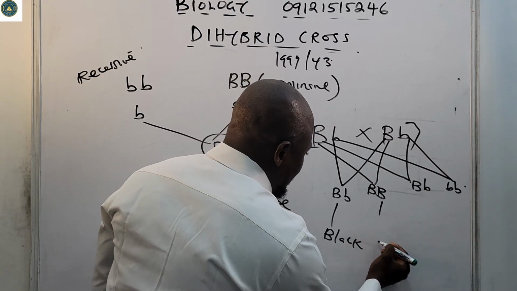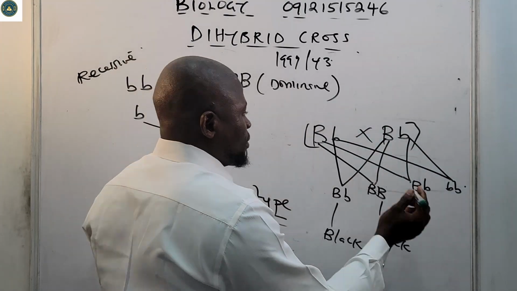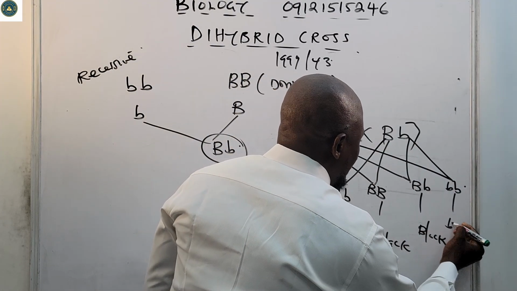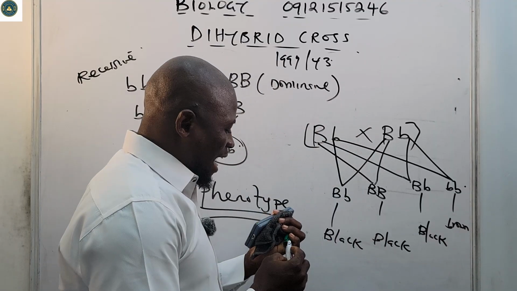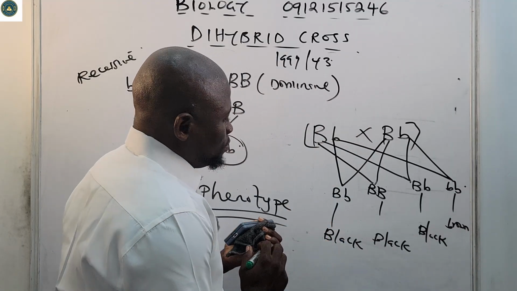This one is definitely black, because B is dominant. Then we're going to see this one as black also. Then this one will be seen as brown. This is what will be seen outside. But genotype is different. So now, the phenotype